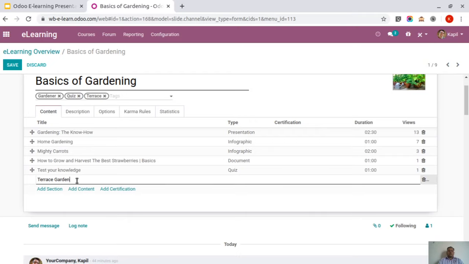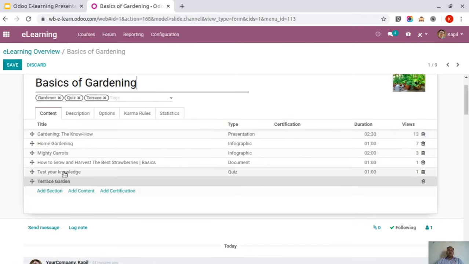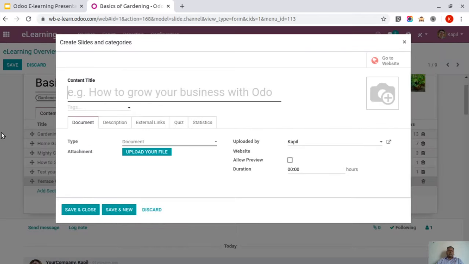Terrace Garden. I will save it. Now I will add the relevant content that belongs to Terrace Garden. So I will simply name it Terrace Garden document. Here I can choose the type of the documents or the content I want to incorporate for